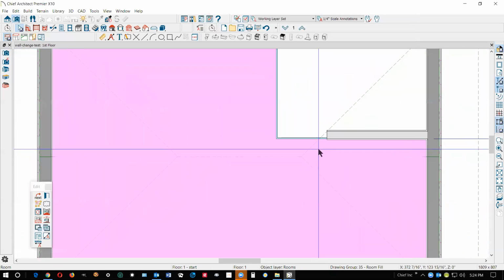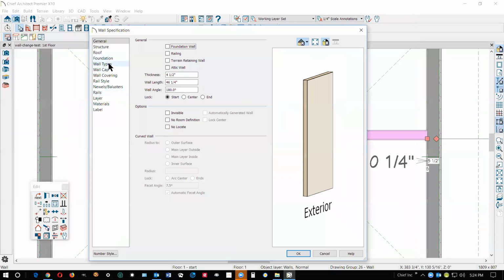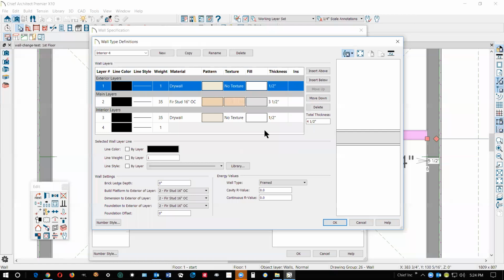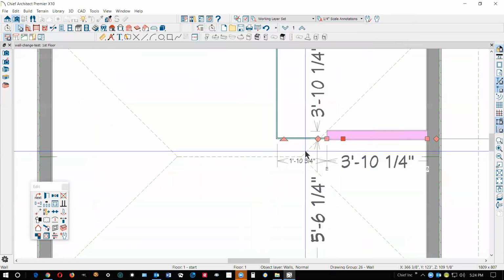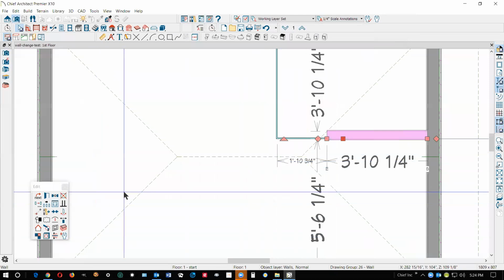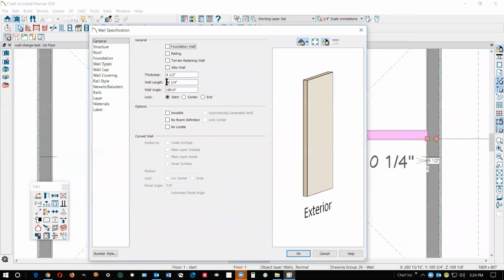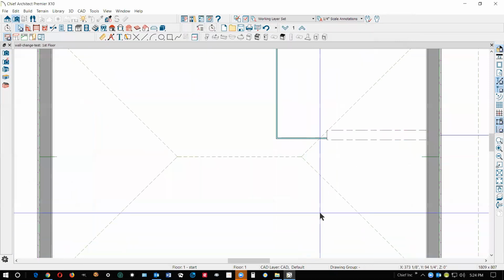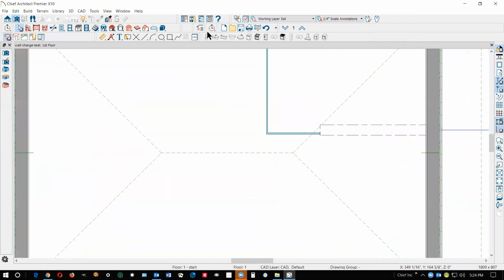Now this wall here, you open a wall up and go to wall types, define. It's got wood in the middle. Oh, it's only doing what it's supposed to do. But a way to get around that, and you can use a soffit or you can use a slab. What I'm going to show you is we're going to take this wall and make it invisible. And so now it doesn't show wood, doesn't show anything. And we'll replace it